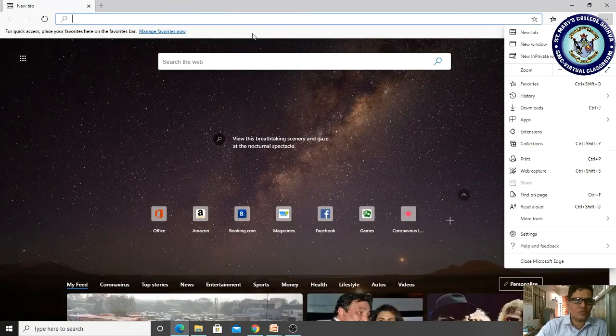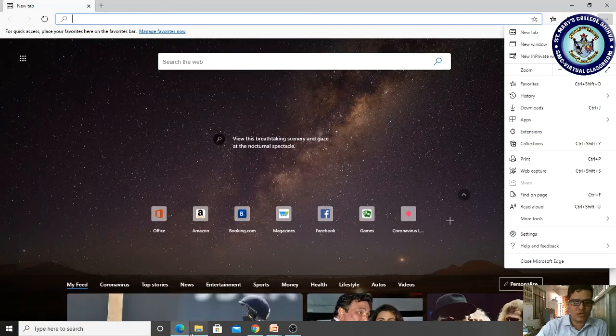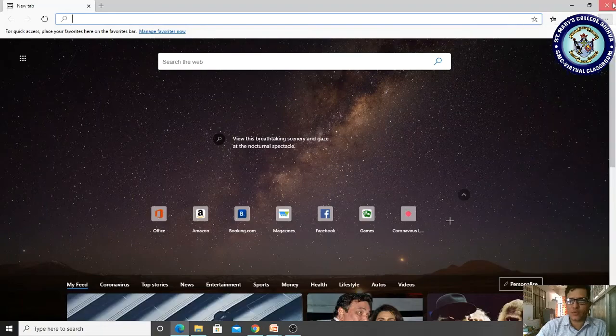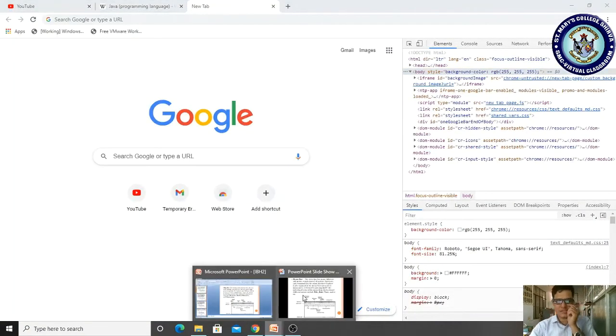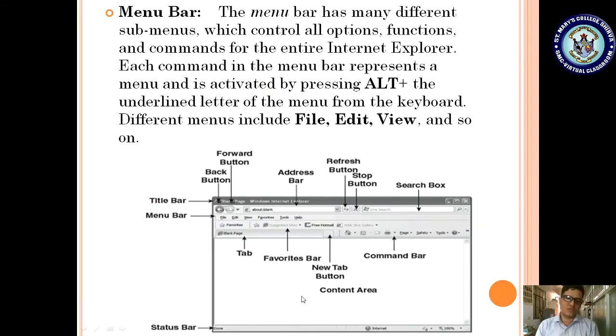Most of the times we are not using the latest Internet Explorer. In this latest Internet Explorer this menu has been replaced, but in older systems we have menus. Through these menus we execute some of the functions of web pages.